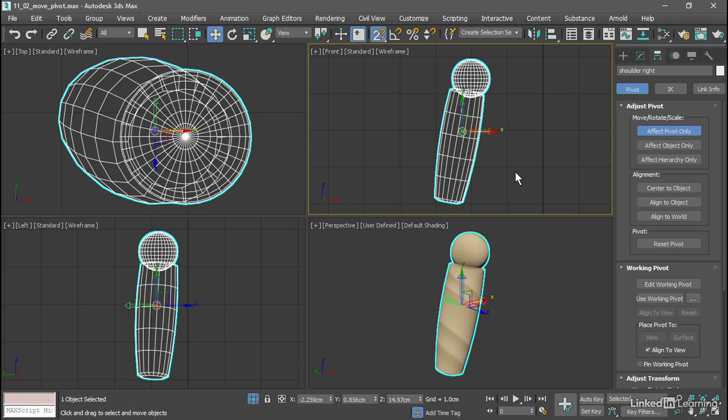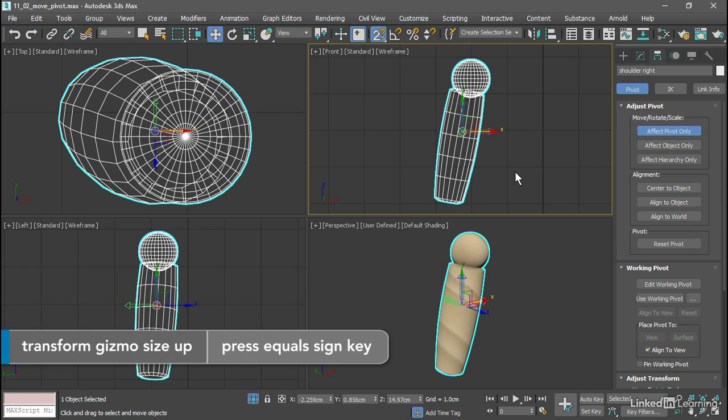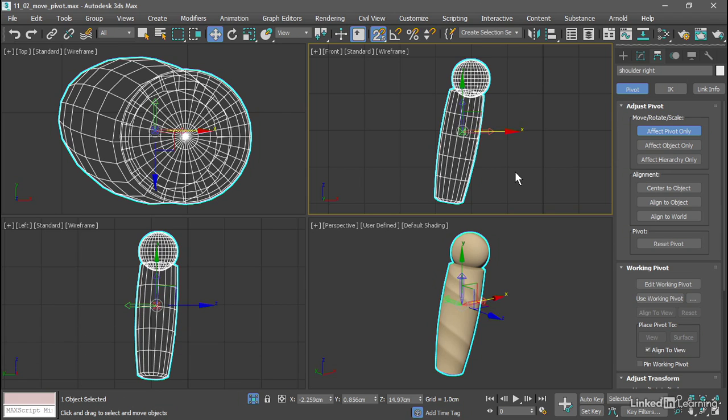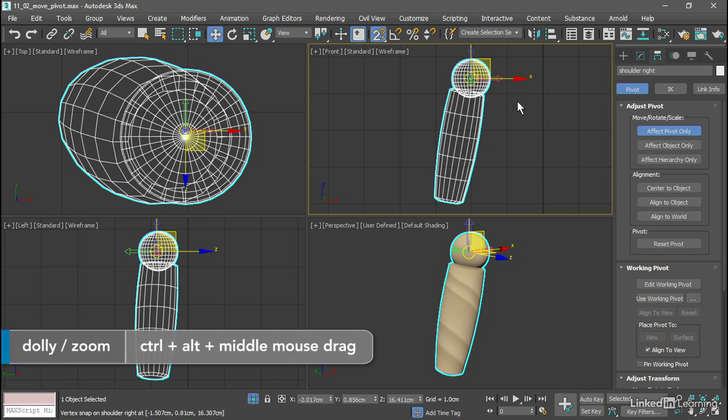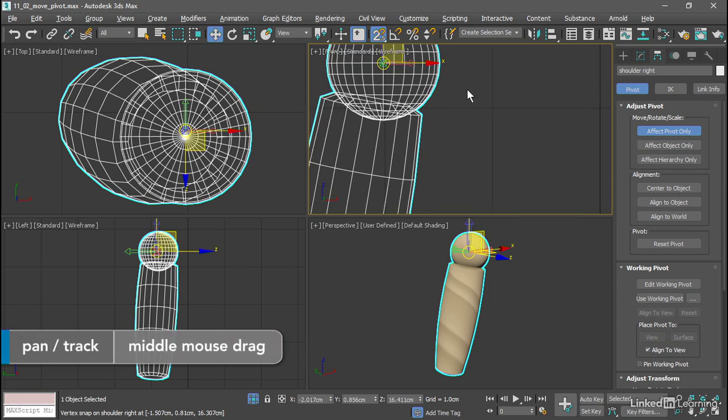If we want, we can increase the size of the transform gizmo using the keyboard shortcut, which is the equal sign on the alpha keyboard. Press that a couple of times. And as you hover your mouse over the pivot point in the front viewport, you'll see a yellow circle, and that means you're actually snapping to that pivot point. So click on that yellow circle and then drag over to the center of the sphere in that front viewport. And you can get in closer with Control Alt middle mouse and pan with the middle mouse and make sure